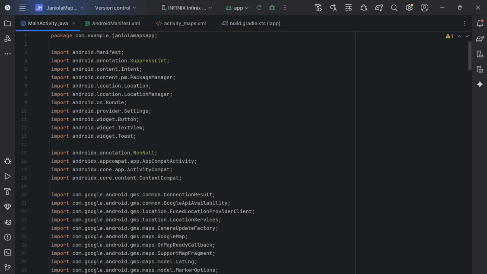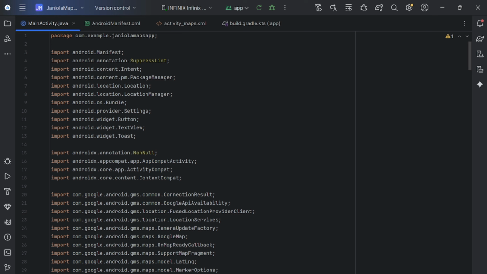Through this activity, we will learn how to set up Google Maps API, how to request runtime permissions to location, how to use Fused Location Provider Client, how to add markers and move camera on app, and lastly, how to handle location updates. Now, I will be demonstrating it for you to be able to understand.